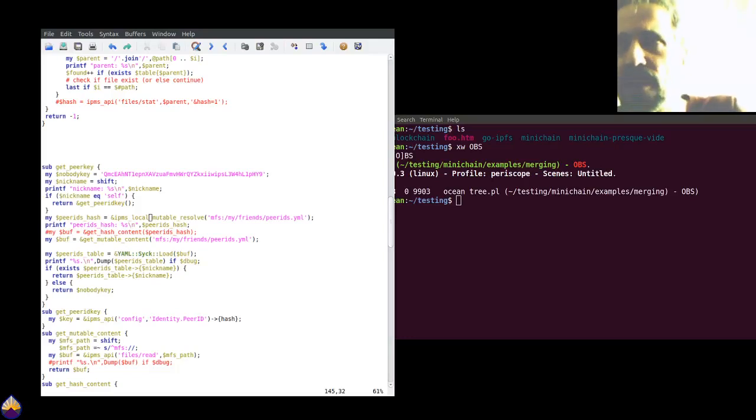So for instance, usage: tree.pl, and I will pass, for instance, public test documents.txt, and I can put several of them if I want to see several blockchains on the same graph, and test document1.txt. Okay, and from those symbolic names, I need to get the hash of the block, so the address on the IPFS